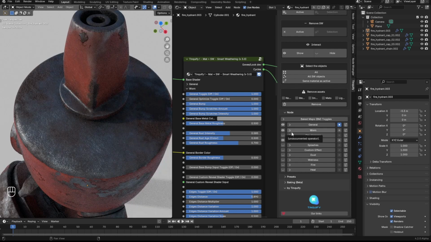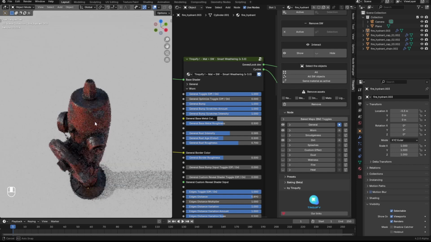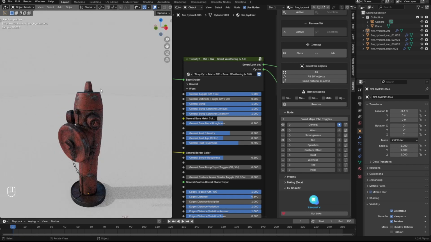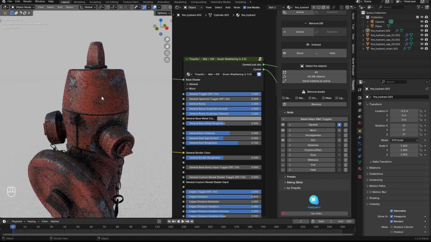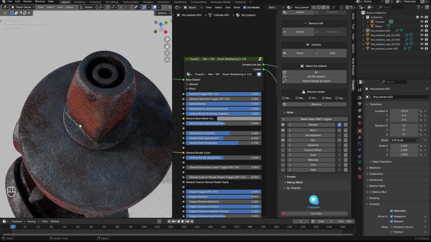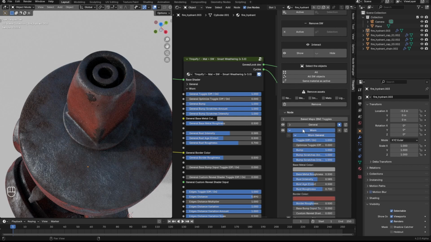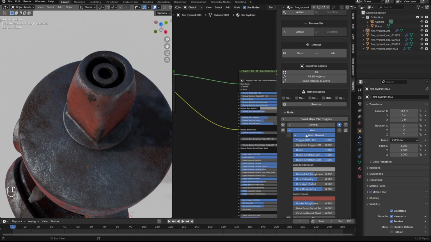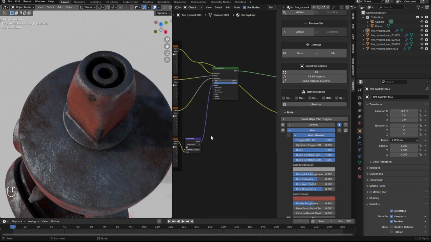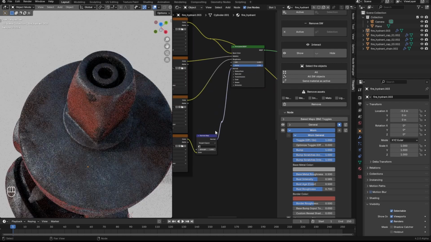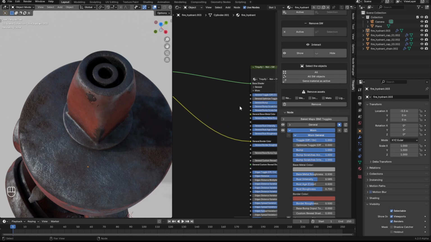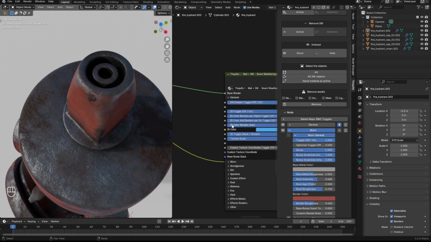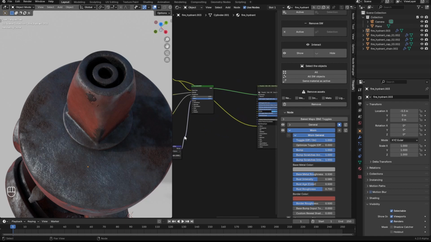And this is okay if you are doing a render that is very far away, and you will probably never notice that. But if you want to still keep it, we have the option to add this information in this section, and you will need to only plug the normal map of your base shader into this slot that we call base bump input. You will need to plug it in,